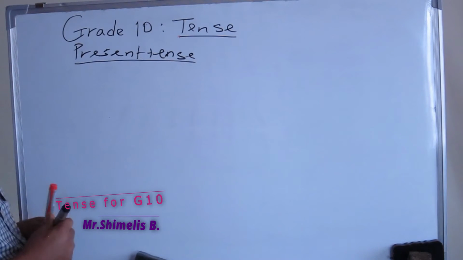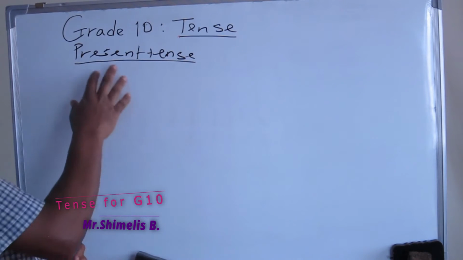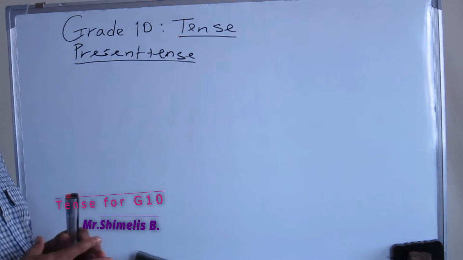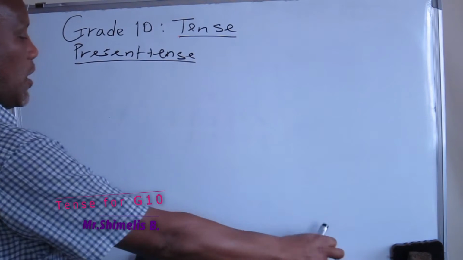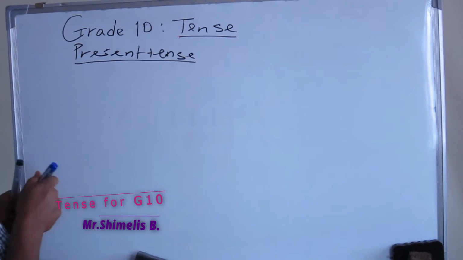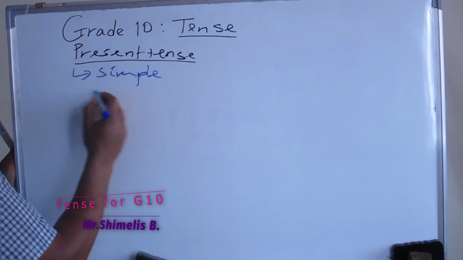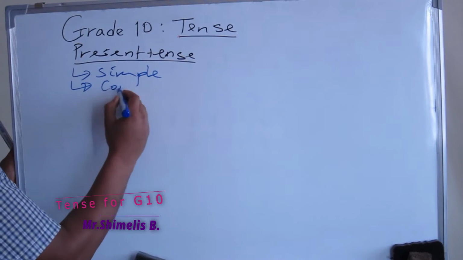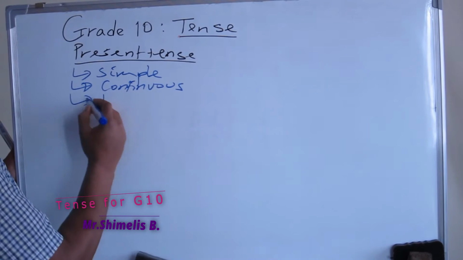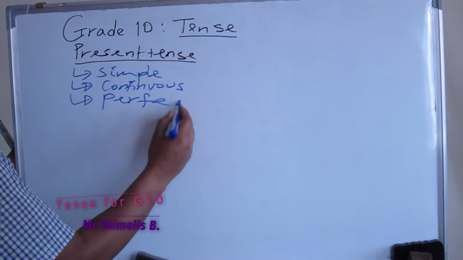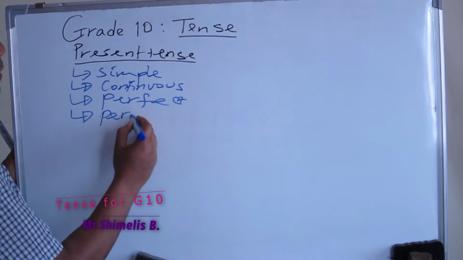So generally, actions which happen currently or at this time are expressed by present tense. But we have subtenses under present tense. We have simple present tense, okay? We have present continuous. We have present perfect,